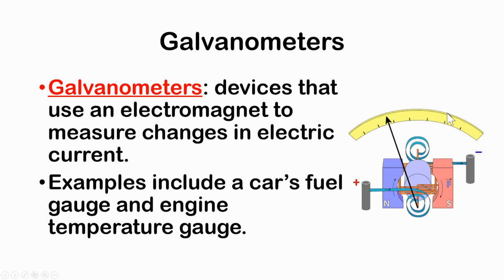So in a galvanometer, there's an electromagnet inside. As electricity goes through it, it will cause the electromagnet to rotate. That rotation just causes the meter, which is like the arrow right here, your gas gauge for example, to move with the electromagnet. The electromagnet moves, then the meter moves,